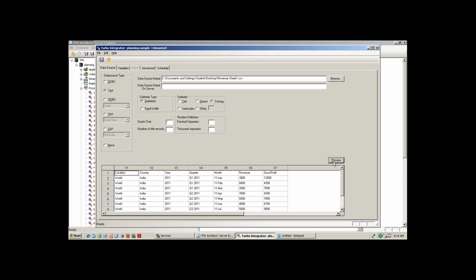But here one question is there for me. In the first line, your column names are showing as data. That means the first row is showing as data, and I don't want that. It has to come into the titles. So for number of title records you put 1, that means the first row is the title. Then click preview, and that came into the titles. So now it is correct: this is the title and then this is the data. So number of title records is very important if the first line holds the column names.